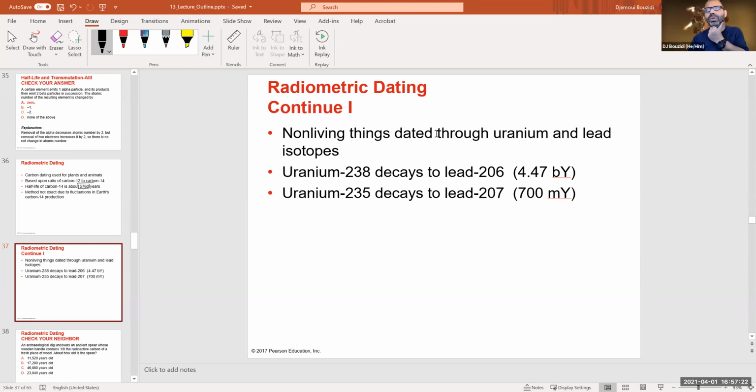Okay, so we use that for living organisms, but for non-living organisms, for example, we use uranium. Uranium has 2 isotopes, uranium-235, which has a half-life of about 700 million years. So if you're looking for something of the order of millions of years, probably 500 million years or even 800 million years, look for how much uranium-235 you have in there versus how much lead-207 you have in the material. Then you can find its age in hundreds of millions of years, give or take a few